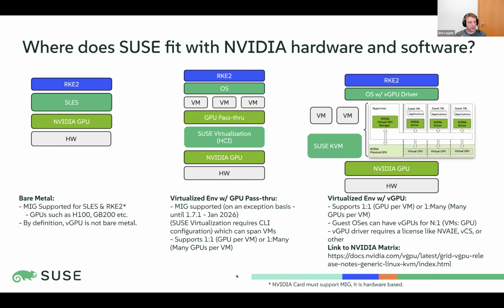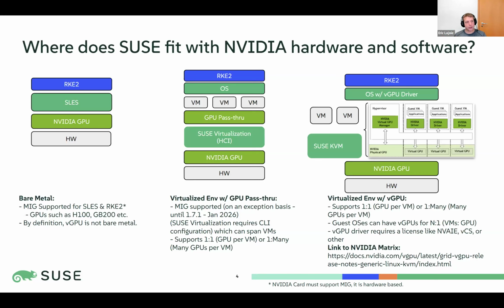But if a user only needs an 8 billion parameter model, which is probably about 6 gig of VRAM, it doesn't make sense to put a 6 gig model on a 140 gig card, which you paid 60,000 euro for, or $60,000. So the right scenario is where in the hypervisor layer, you take that 140 gig and cut it into smaller chunks. Then you give that virtual resource to the VM where that smaller model can run. If you want to squeeze more out of your GPU investment, I see customers using this right option.